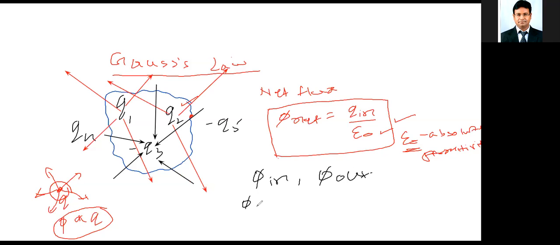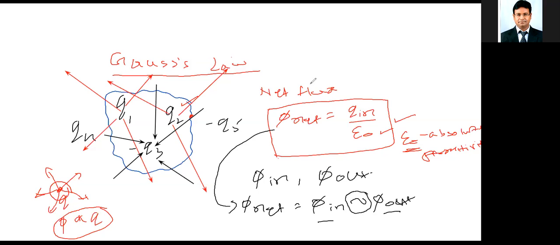Then he says the net flux, try to understand this, is the difference between the flux inside and the flux outside. Net flux is flux inside minus flux outside. You have to keep that point in mind. It is a difference, and when I say difference, it is always larger minus smaller. Remember that difference always means larger minus smaller. We are not going to take the negative sign there, because flux is a scalar quantity and we need only the magnitude, so we don't have to take its sign as negative. So it should be larger minus smaller.